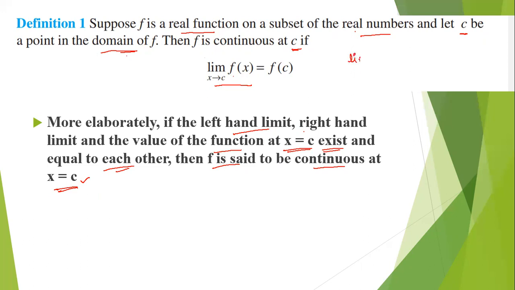If the left hand limit and right hand limit are both equal, then we can simply represent the limit as limit x tending to c f of x, correct? So if limit x tending to c f of x is equal to the functional value of the function at c, then we say that the function is continuous. That means the limit value at a point c, if it is the same as the functional value,